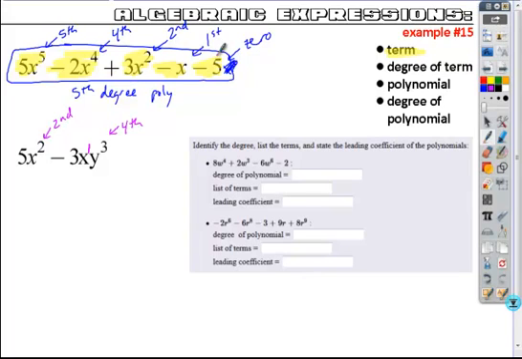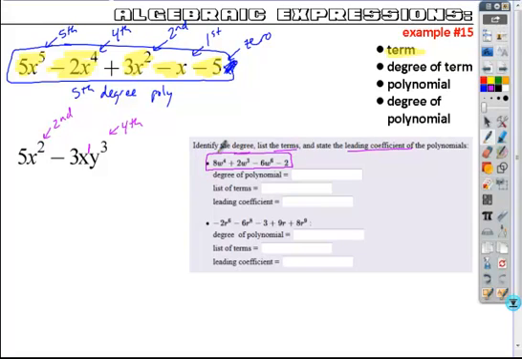When you are just identifying these pieces, the degree, identify individual terms and state what the leading coefficient is. The leading coefficient is going to be the coefficient when you write it in standard form. So when you write the highest power first, that leading coefficient is going to be the multiplier or the coefficient in front of that. Okay, so if we look at this first example right here,